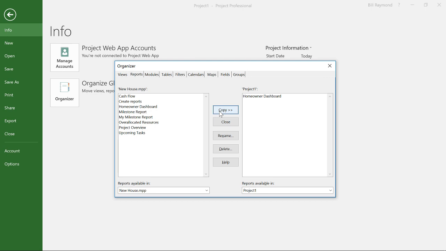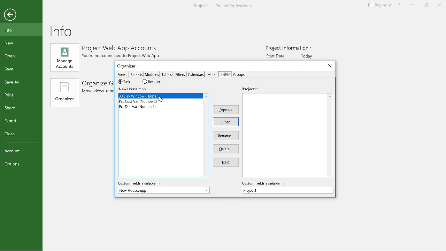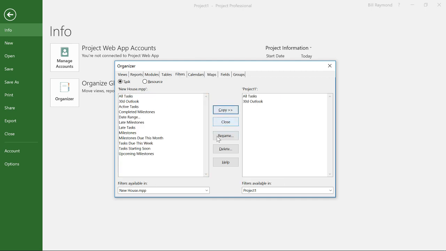Now this is where people kind of get tripped up sometimes. They say, hey, my report isn't quite working the way I expected it to. Well, the reason that's happening is because you also need to copy over a few other things. First of all, remember we created a custom field. That custom field for the 30-day planning window, we need to copy that over. And then I used a filter that uses that 30-day planning window. So I'll come over here to Filters and choose that 30-day outlook and click